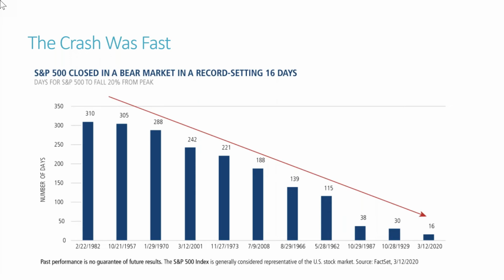In scenarios where the market has dropped significantly in a quick period of time, like it did at the tail end of 2018, it has historically shot back up quickly as well and recovered. We'll see if that's the case in this scenario. A lot of folks have been talking about a V-shaped recovery versus a U-shaped recovery. Do we bounce along the bottom for a little while, or once we start getting the economic data, is that going to be better than expected, and have the market bounce back faster.